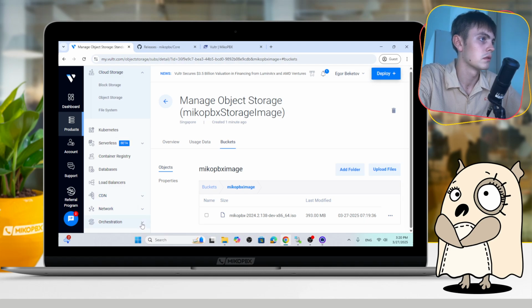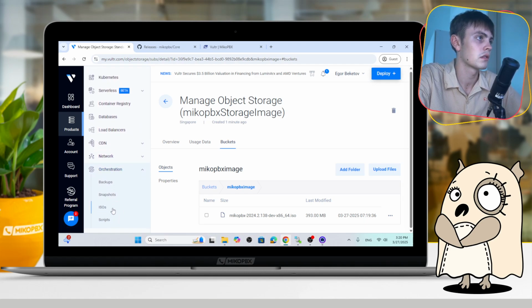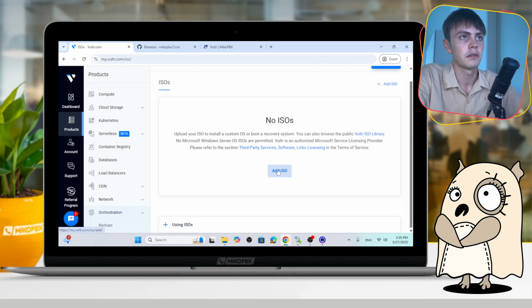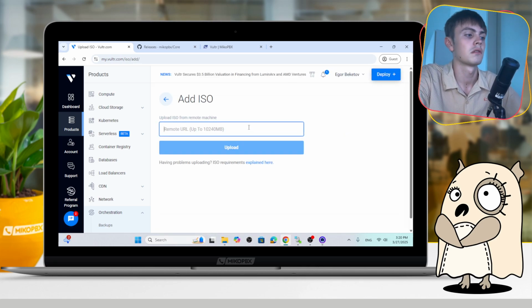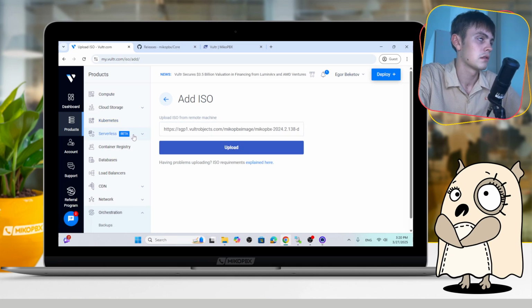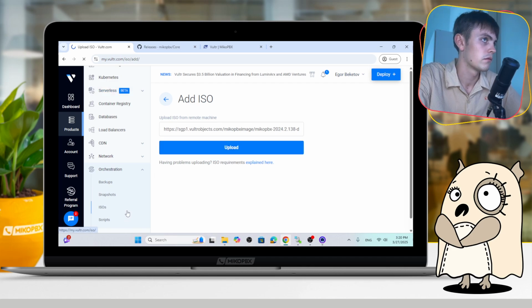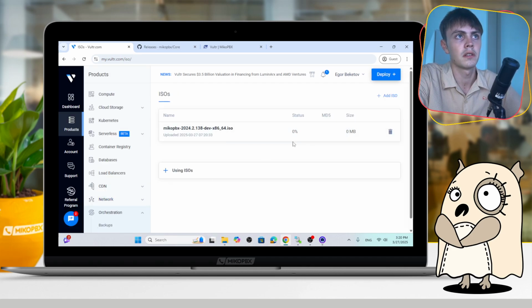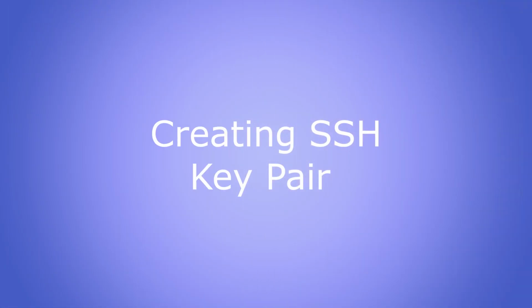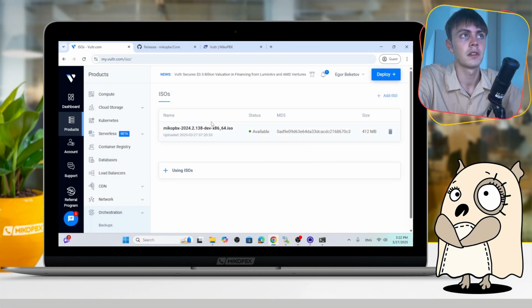After that we should go to the Orchestration section and go to ISOs. Here click Add ISO, paste the link, and after that click Upload, and again wait for a few seconds or minutes until our ISO is added. Our ISO is available, and that means we're ready for the last step of our preparation process, which is